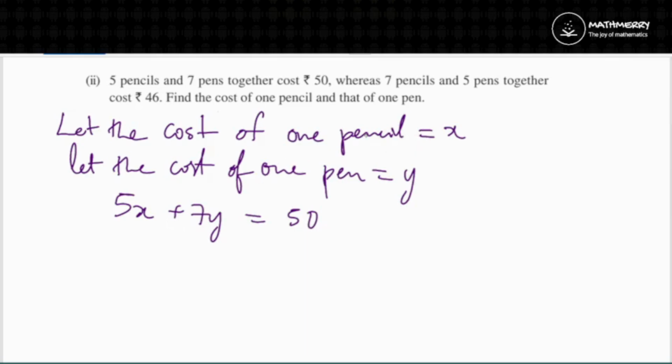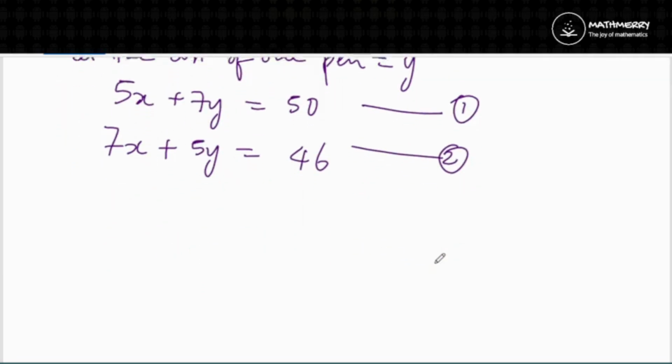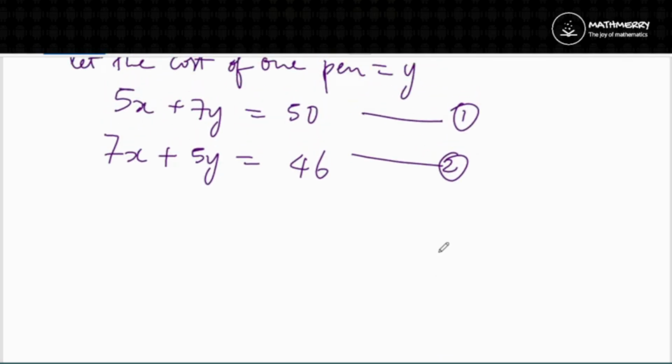And the second part of the question gives us 7 pencils and 5 pens together cost 46. So 7x plus 5y is equal to 46. So this is our first equation, this is our second equation. Now we have to find the solutions, or find the points and plot the graph, then we will get the solution. So from equation 1 we have x and y as,